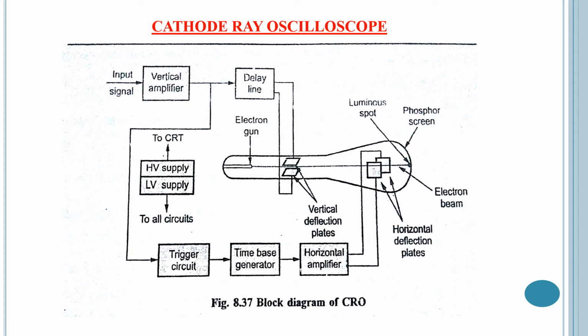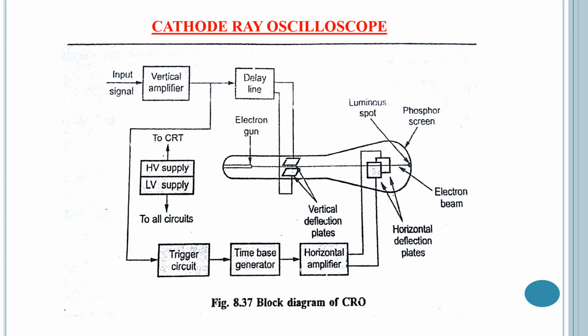So the next one is the applications of CRO. Some of the most important applications of CRO are, the first one, the measurement of voltage. The voltage waveform will be displayed on the oscilloscope screen. From the screen of the CRO, the voltage can be measured by seeing its amplitude variation on the screen itself. The second one is the measurement of current. The current waveform will be read from the oscilloscope screen in a similar way as in the above point, that is, the measurement of voltage. The peak to peak maximum current value can be measured from the screen itself.